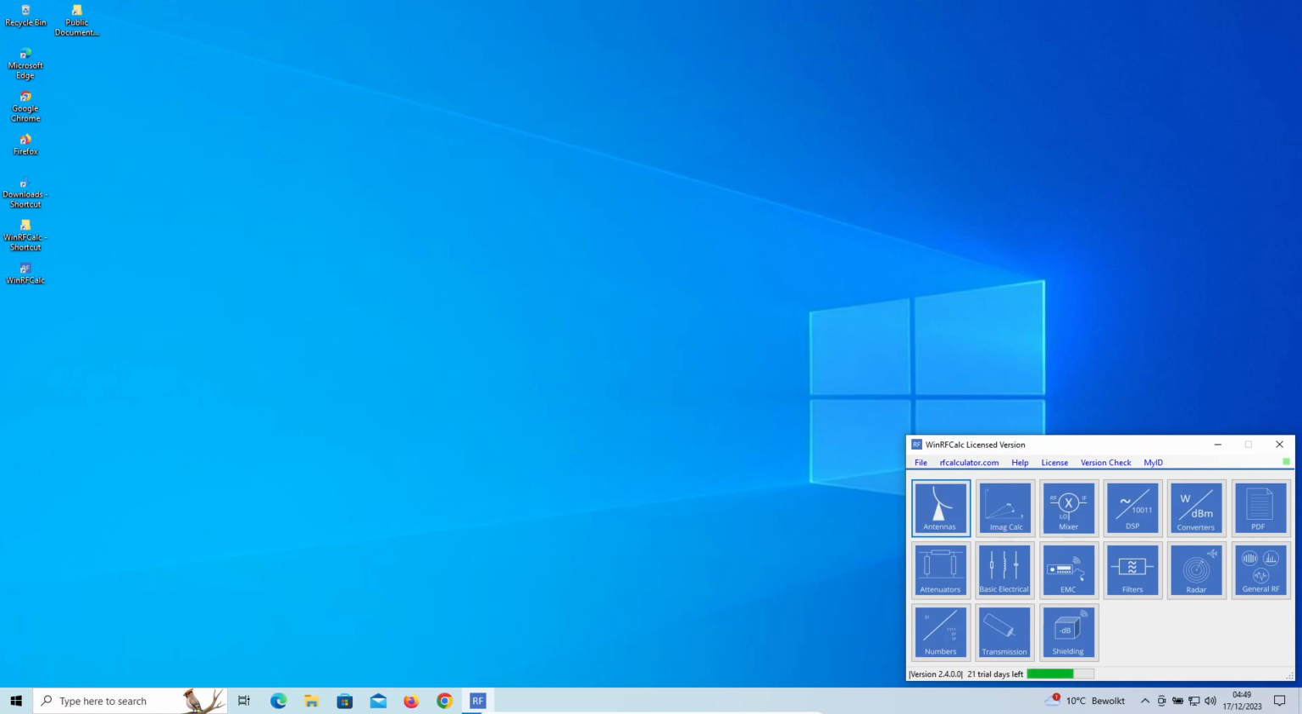Hello, in this movie I would like to show you the development status of the PIM passive intermodulation calculator in the Windows RF calculator in version 2400, which is planned to be released in the first quarter of 2024, the coming new year. Right, so let's have a look at what is happening with that calculator, how it is working, and what kind of